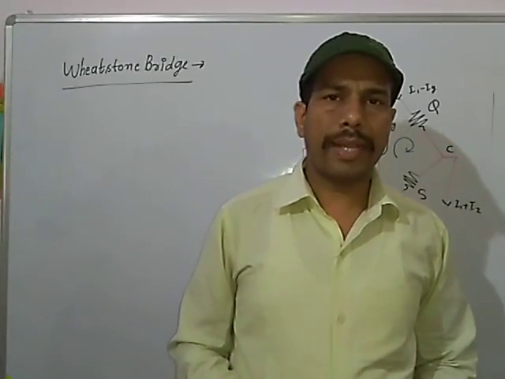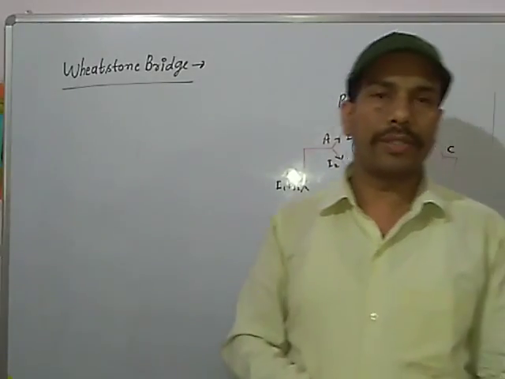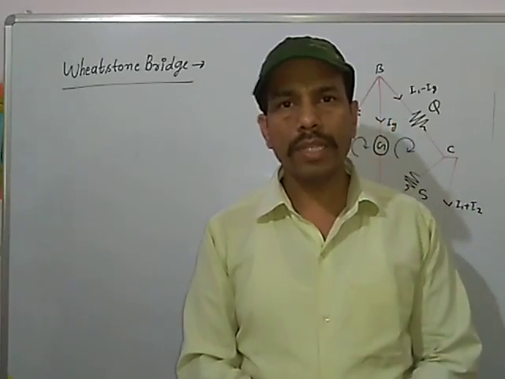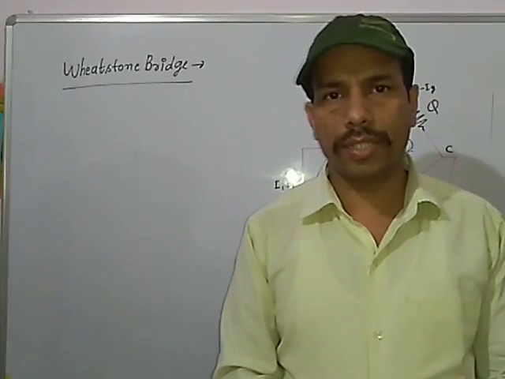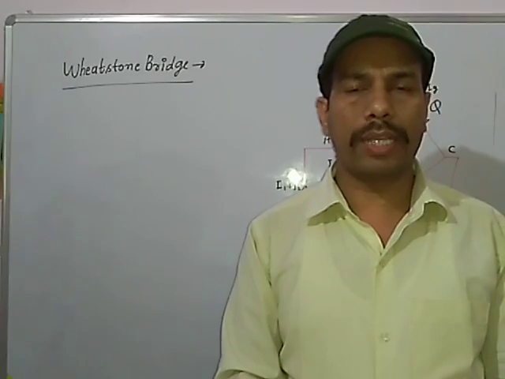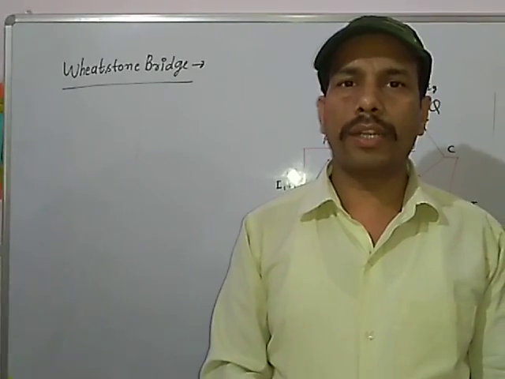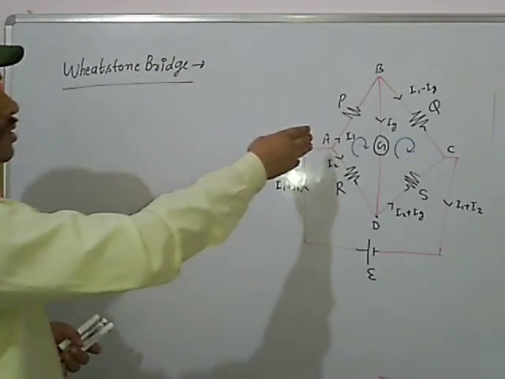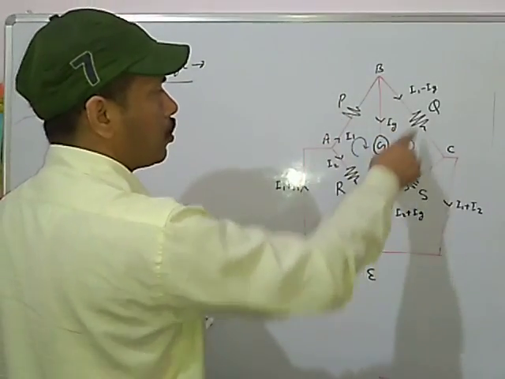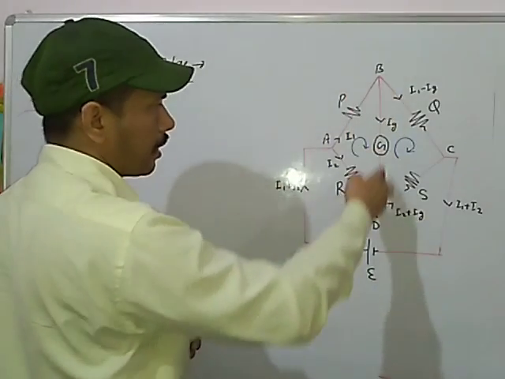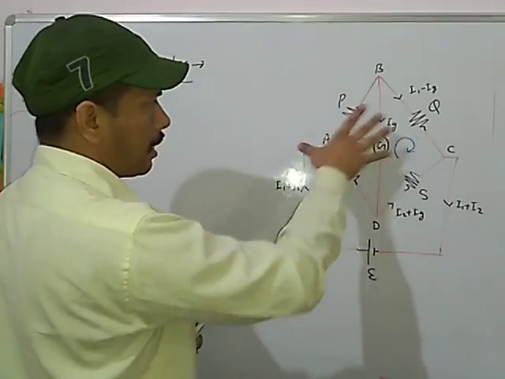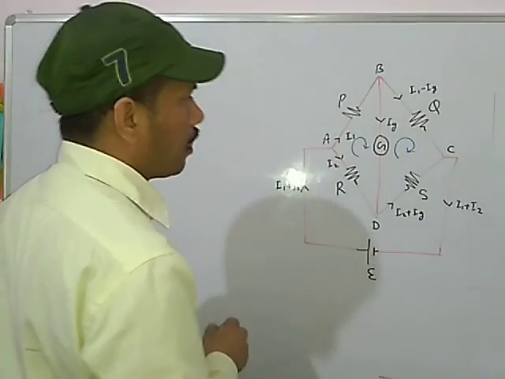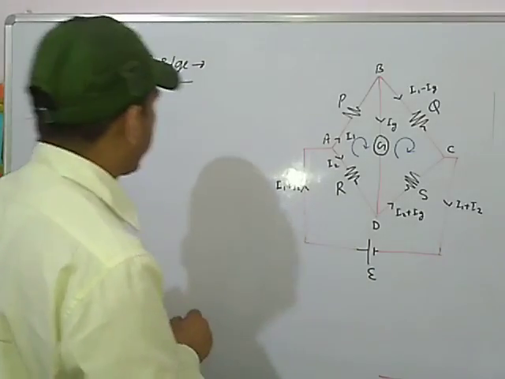Now coming to the next topic, and the next topic is Wheatstone bridge. What is Wheatstone bridge? Actually, Wheatstone bridge is an arrangement of four resistors, out of which we are able to calculate one more accurately or more quickly. Now coming to the circuit, this is the arrangement of the four resistors. Suppose P, Q, R, S, and there is a galvanometer which is connected diagonally, and this arrangement is connected with the cell of EMF E, and the currents are flowing as per the diagram here.